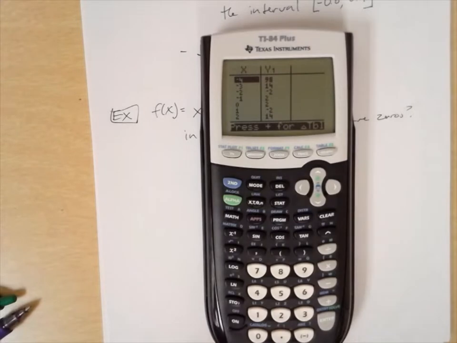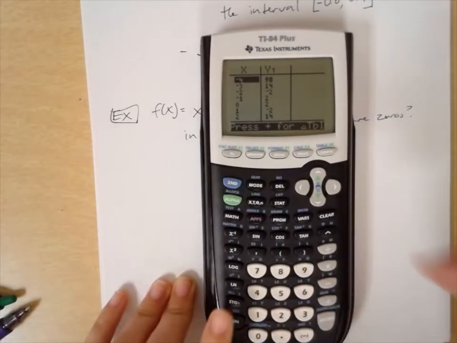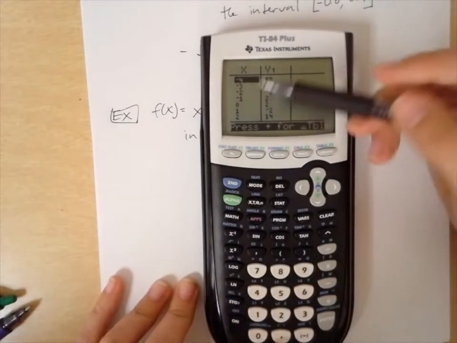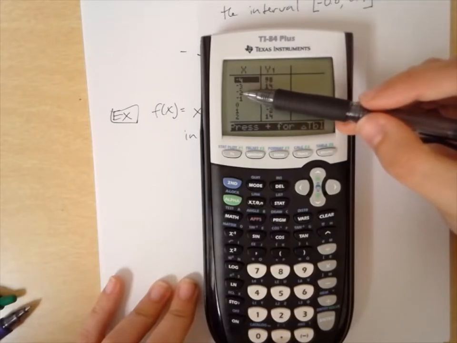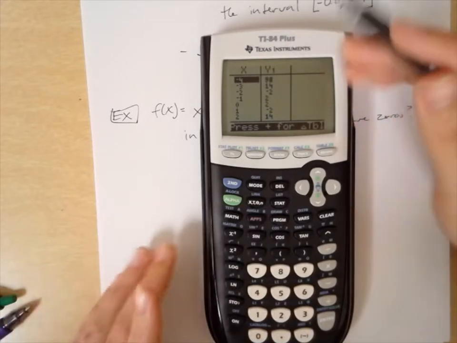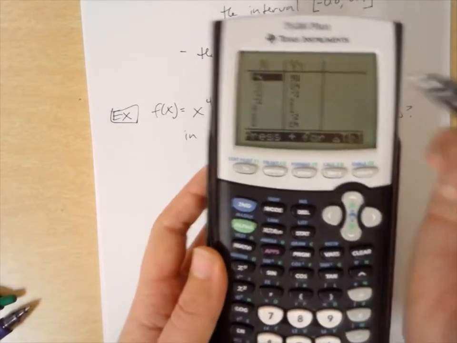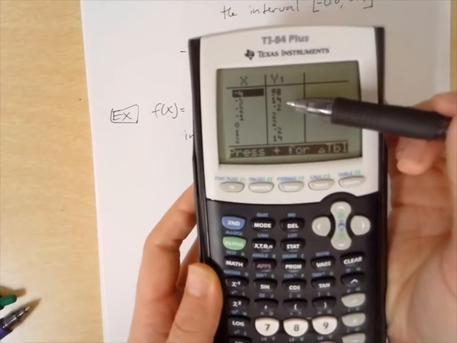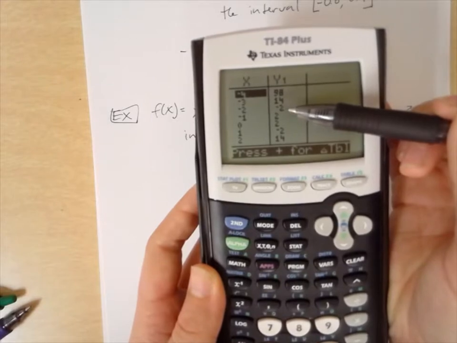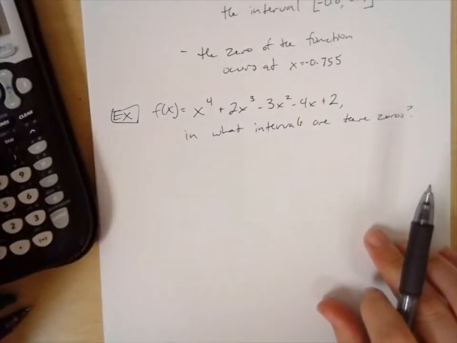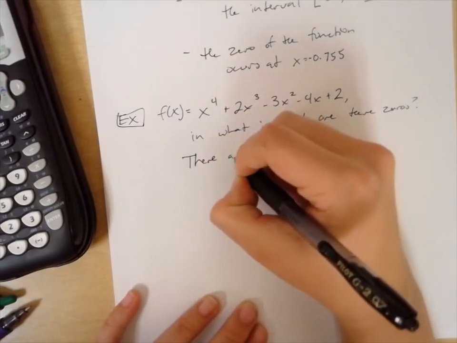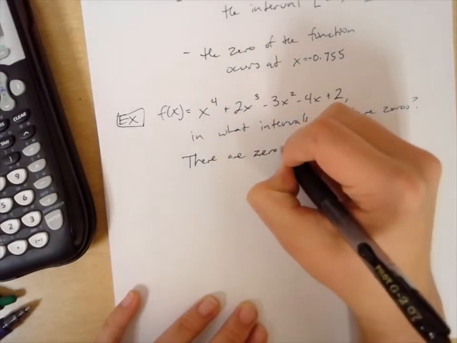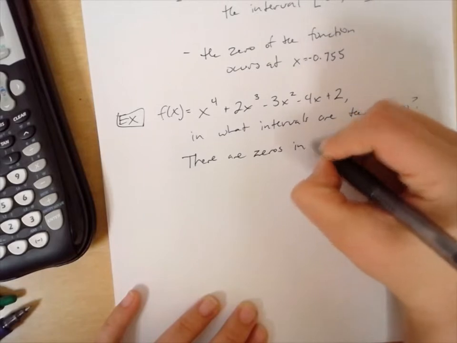Okay. And when we take a look at these values, what we can see is that there appears to be a 0 between -3 and -2. And I know that because our y values start positive at -3 and then they get negative at -2. So we can say, so far, there are zeros in the intervals